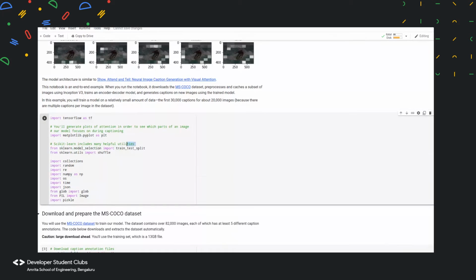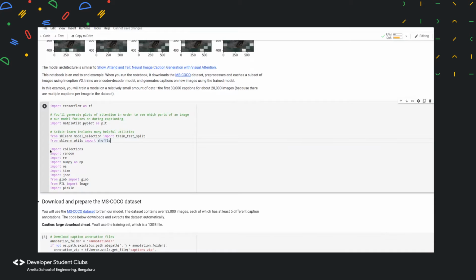The first one we are importing is train_test_split, which will be used for splitting the data set for training and testing. The second function is shuffle, which will be used for shuffling the data set for generating randomness. We'll also be using individual modules such as collections, random for generating random values, numpy, etc.